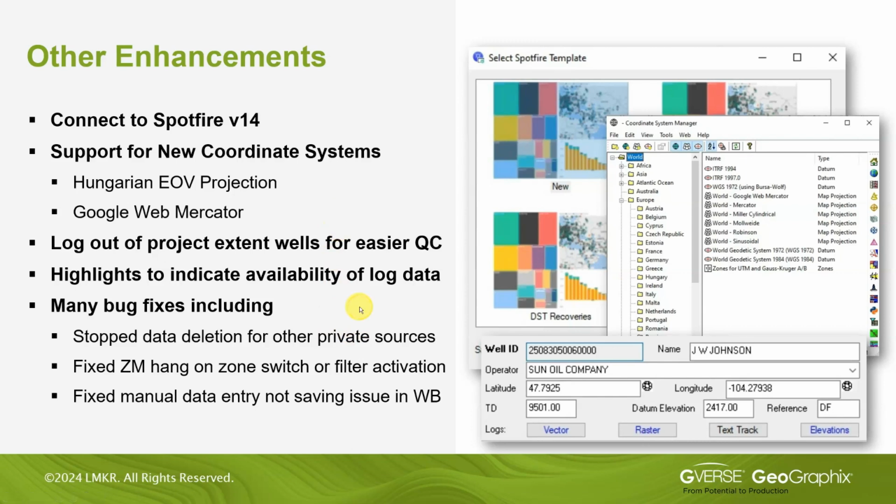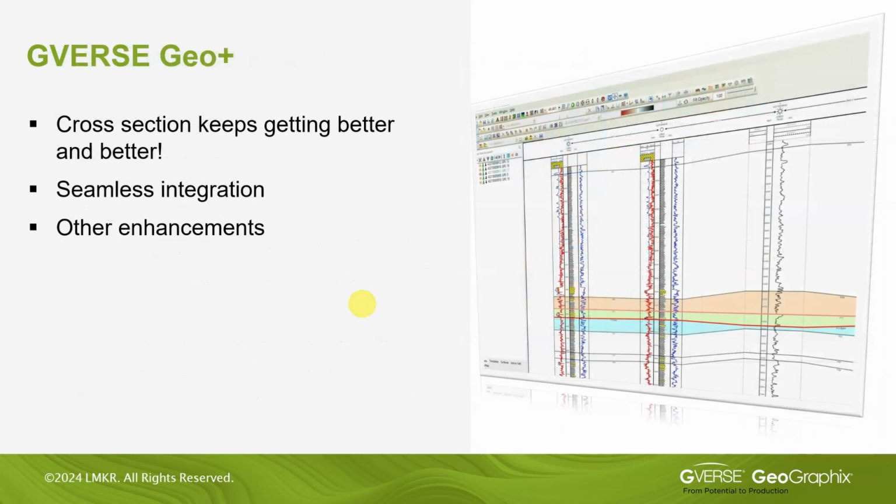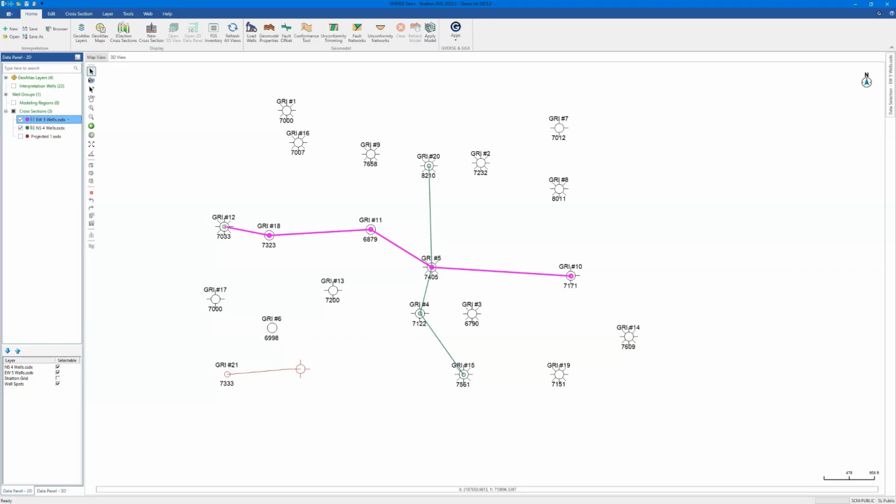Right, so let's now move on to the next, which is GeoPlus. It's been a focus for us in the past releases. The cross-section keeps getting better and better. We've worked on some of the ways that we are improving our integration of this tool with the rest of GeoGraphix, and a few other enhancements as well. So let me bring this up, and the first thing I want to show you